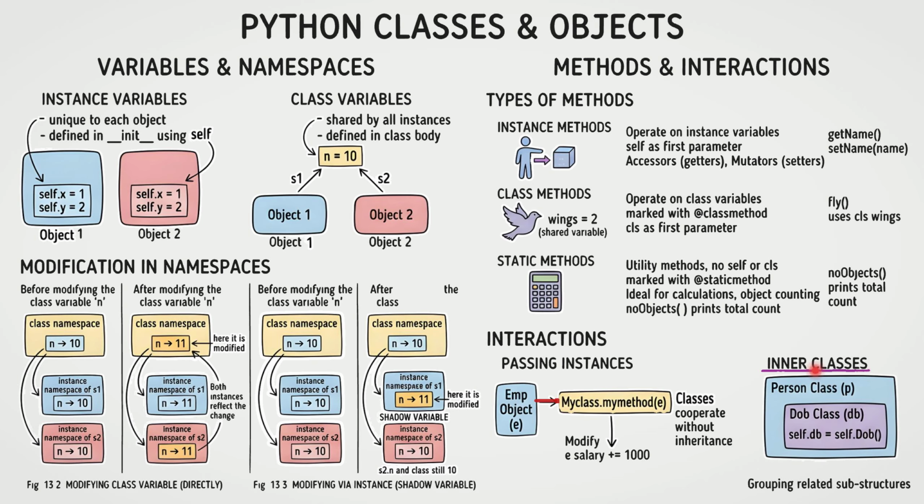If a concept strictly belongs to another, like a date of birth belonging to a person, we can define the DOB class entirely inside the Person class. We access it logically by chaining them together, like p.dob.display. To wrap up our discussion on object-oriented programming, always remember that classes provide the shared structural blueprint, while namespaces carefully manage how individual objects store and shadow their unique